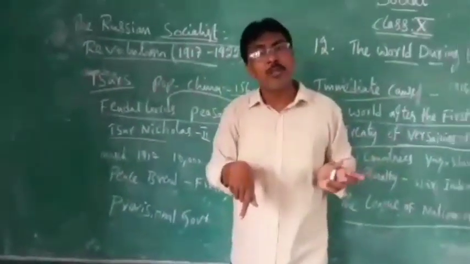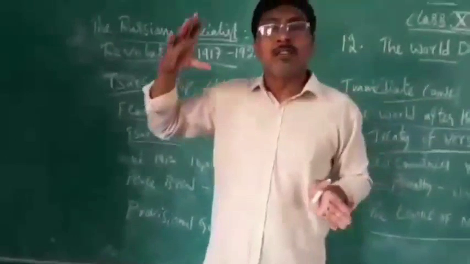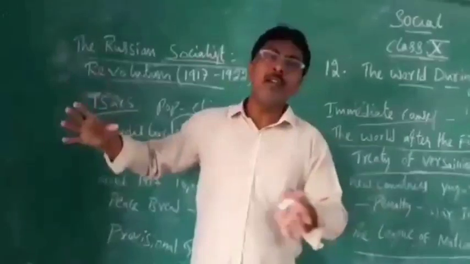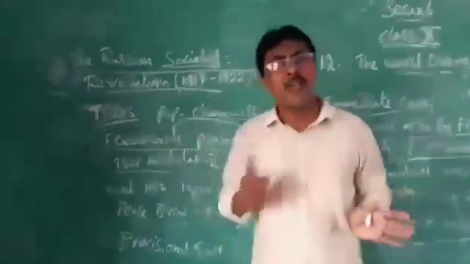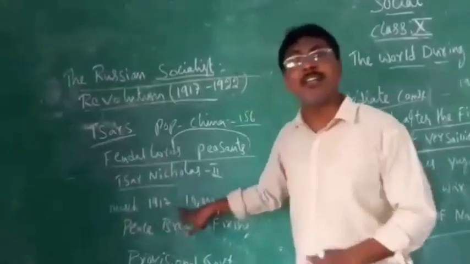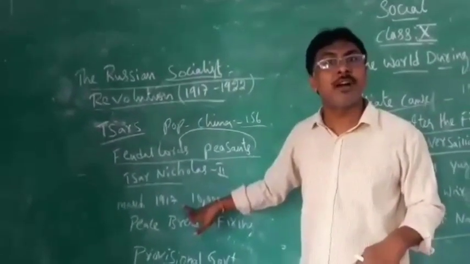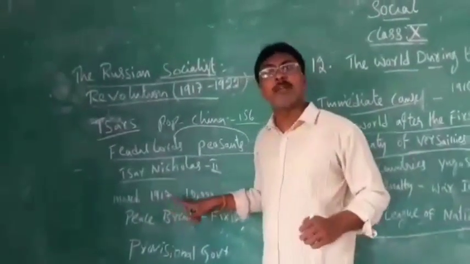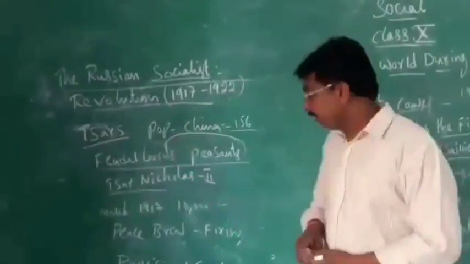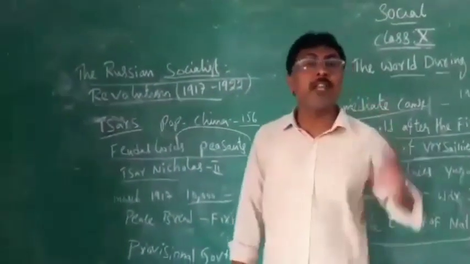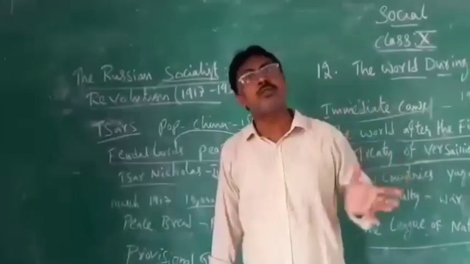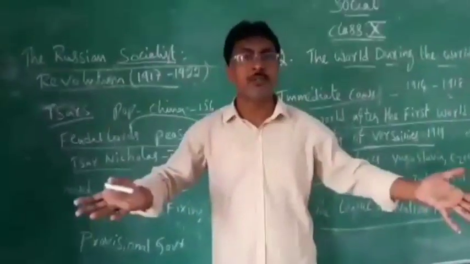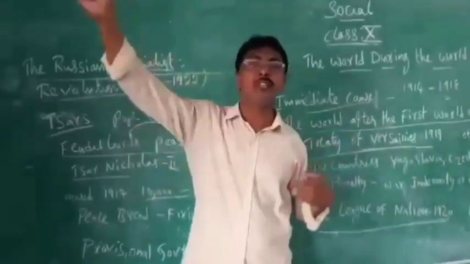Why did they come? Keep in your mind, the First World War ended in 1918, but in the center, in 1917 only, the army came back to Russia. Why? Because in 1917 a big revolution was happening in Russia, near Saint Petersburg. Near about 10,000 women, who in those days used to not come out, came on the roads near Saint Petersburg. There the revolution was done.